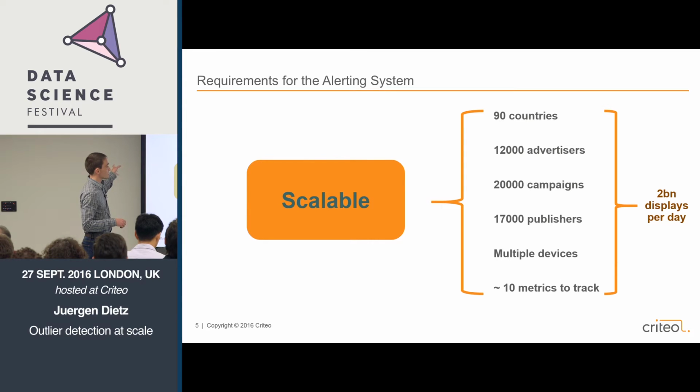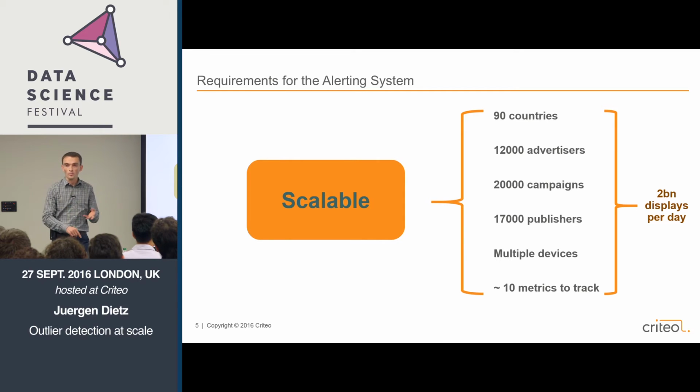On the advertiser side, we have 12,000 of them, ish, with each one of them we have integrations, etc. Then those advertisers have campaigns, so we're running of the order of 20,000 campaigns, and each of those campaigns is active on many publishers, of which we have 17,000. And then this happens on desktop, mobile, tablet, and then of course for all of this we want to track